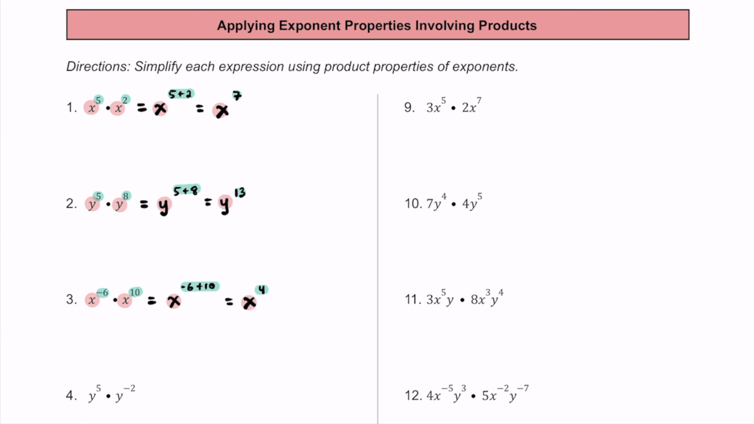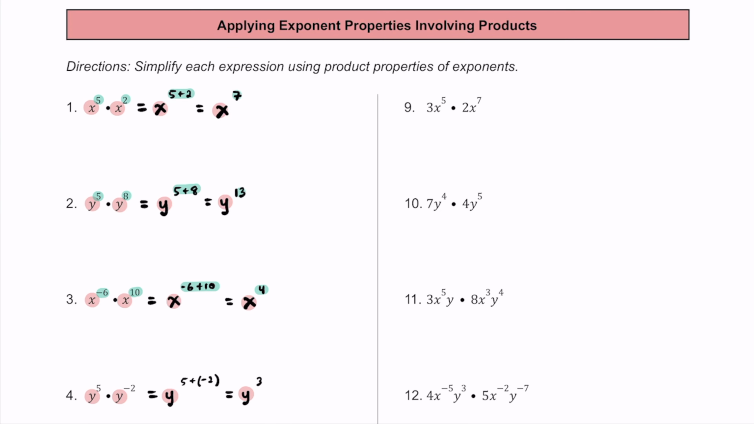For number 4, we have y to the 5th power times y to the negative 2nd power. Notice they have the same base again. So we have a y and a y here, so we can combine this and write one base. Of course, that same base is going to be y here. And let's add their exponents together. So we have 5 plus this negative 2. Now what's 5 plus negative 2? Well, that's the same thing as 5 minus 2, so we can rewrite this as y to the positive 3rd